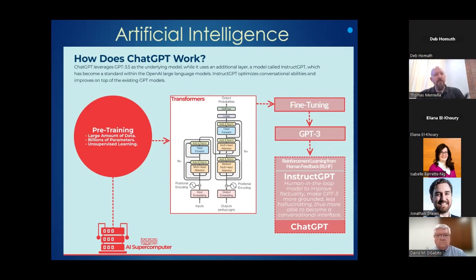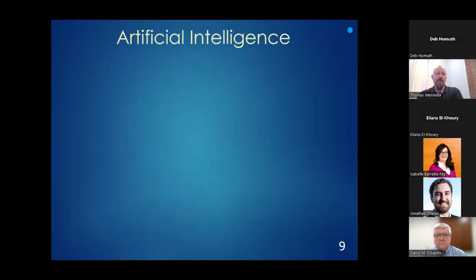All of this knowledge, all of this data set goes into the algorithm, and what you see here in the middle of the slide is a probabilistic algorithm. I'll get more to that in a second. Typically, in different ways for different platforms, the output from that algorithm is fine-tuned based on a variety of parameters. For ChatGPT, what makes ChatGPT ChatGPT is that there's another level of fine-tuning based on human user feedback. So there's an army of beta testers that help to provide some guardrails for the data that's spit out by the generative AI. So it really comes down to that probabilistic algorithm at the center of the model.